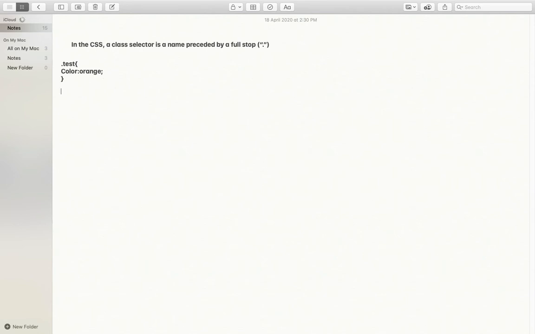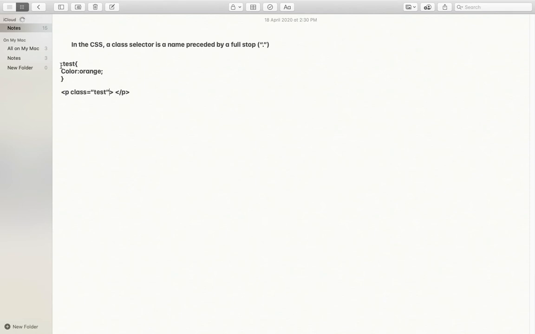So how to access the class? For example, you want to access it for the paragraph. We have a p tag in your HTML code. Let me increase the size of this. So we have a p tag, and inside this tag, as an attribute, we have to call the class. So here we have to write class equals to, and the class name you have to define. So I am going to write test, because that is the class name.